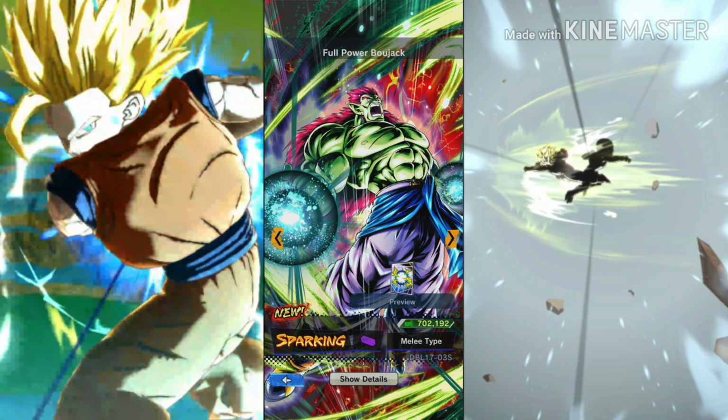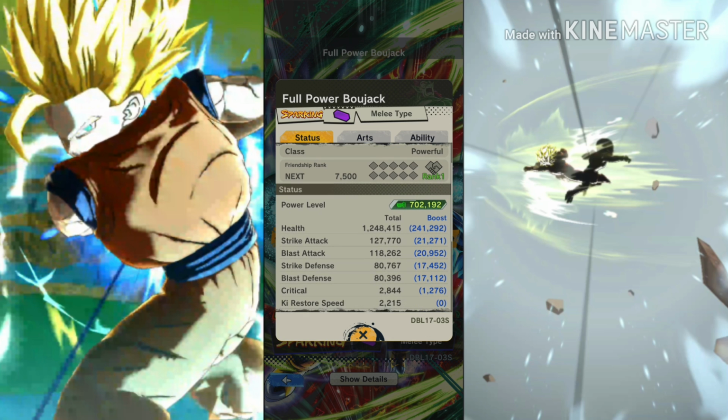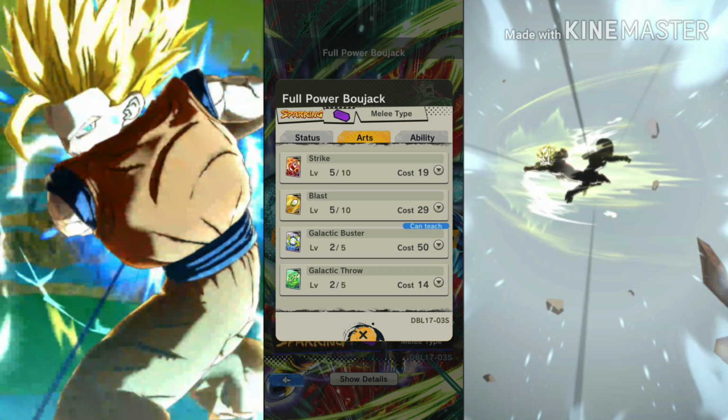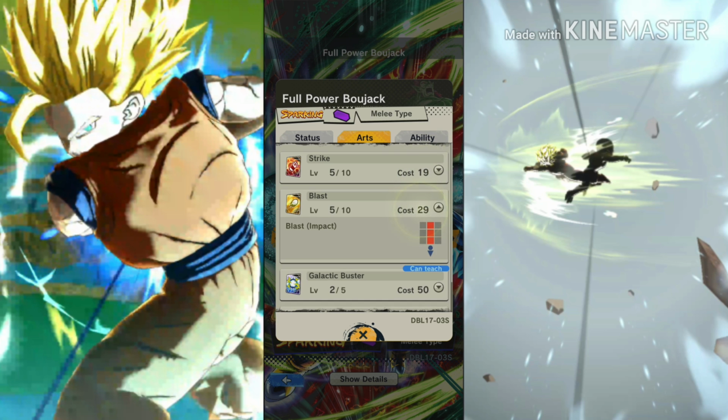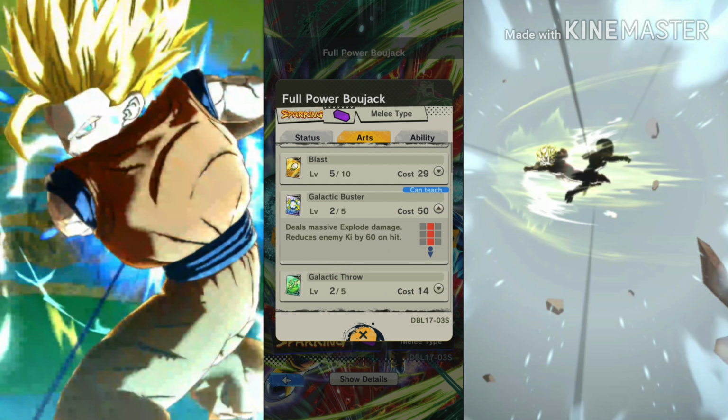And our second character is full power Broly, and as you can see, he is a melee type unit as well, so his strike attack will be higher than his blast attack, and as you can see, his strike attack will be 127 and his blast attack will be 118, which isn't something special, and there isn't anything impressive about it. However, his arts, his strikes are normal, his blasts are normal,